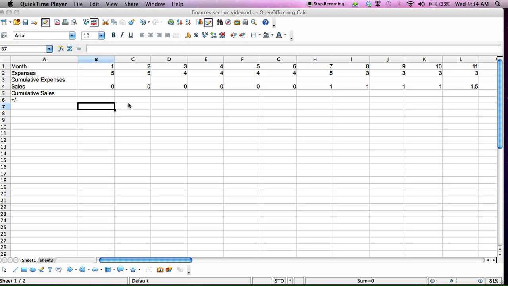Hey, we're going to take a look at some of the steps needed to create charts, graphs, and statements for the financial section of your business plan. So in the next 10 minutes, we're going to create the cash flow graph, the break-even analysis graph, figure out how much funding we need, and create the pro forma income statement, cash flow statement, and balance sheet for the